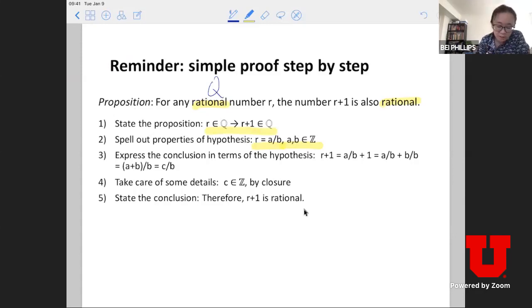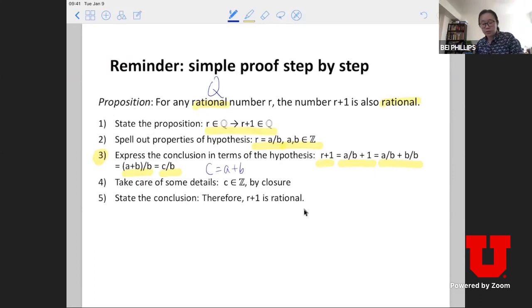And the next one, which is really the key part of this, because in order for me to prove that R plus 1 is also a rational number, the idea is R plus 1 also fits the definition of a rational number, meaning that it's two integers divided by one another. So in this case, there's some algebra that comes into play. I say R plus 1 is equal to A divided by B plus 1. This is just substitution: substitute R by A divided by B. And then the next step is to express 1 by B divided by B, right? And then the next one is to add the top part together and replace the top part by C is equal to A plus B, okay?